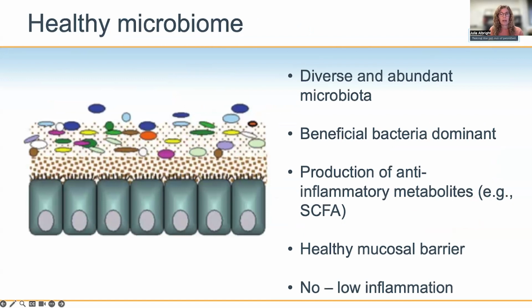So what does a healthy microbiome look like? Some hallmarks are diverse and abundant microbiota, with the beneficial bacteria being the dominant species. Production of these anti-inflammatory metabolites, such as the short-chain fatty acids, a healthy mucosal barrier, and little to no inflammatory